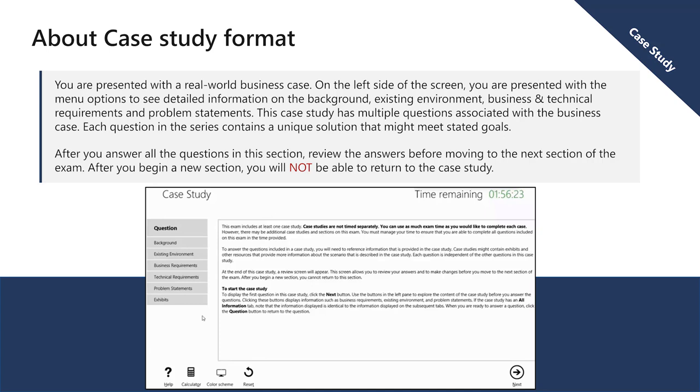This case study has multiple questions associated with the business case. Each question in the series contains a unique solution that might meet stated goals. After you answer all the questions in this section, review the answers before moving to the next section of the